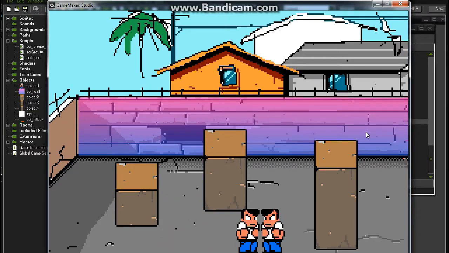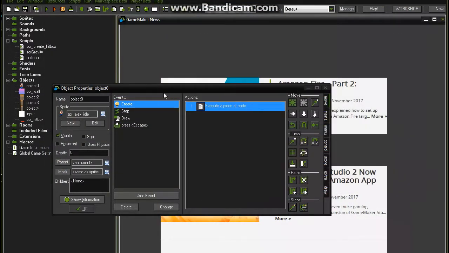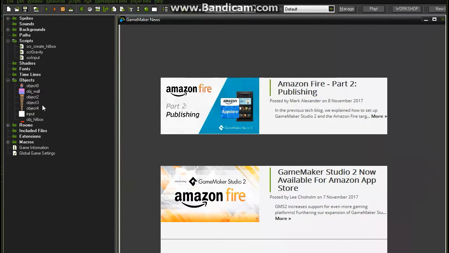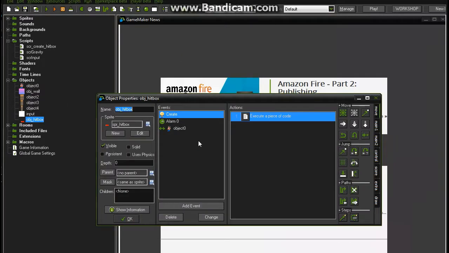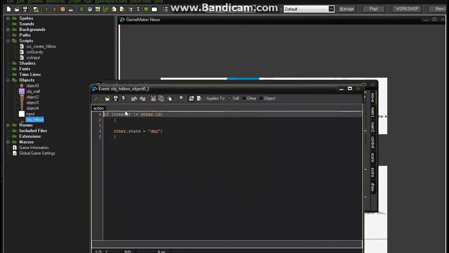Problem number 2 solved. Let's move on to problem 3. This thing here, let's fix this. Okay, back to your code. Close this, and I'm gonna close this. Go to your object hitbox, and then go down to your collision. And what we're gonna do here is we're going to check